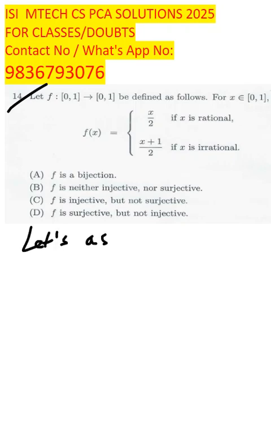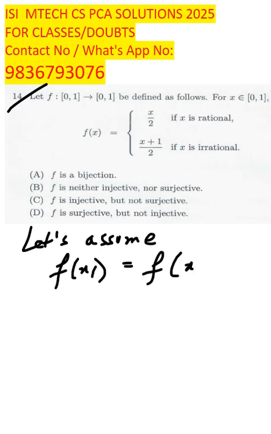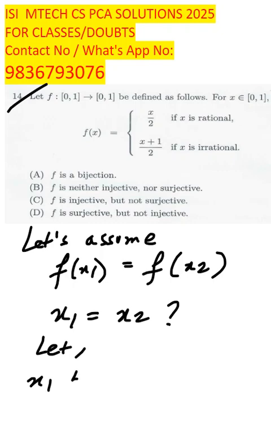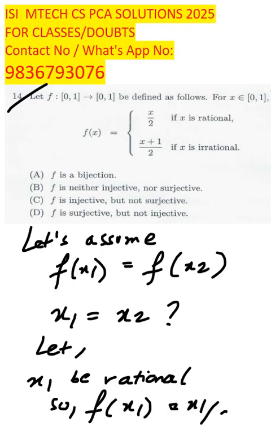Let's assume f(x1) is equal to f(x2). So can you conclude from this that x1 is equal to x2? So let x1 be rational. Okay, so f(x1) will be x1 by 2. Now if x2 be irrational, then